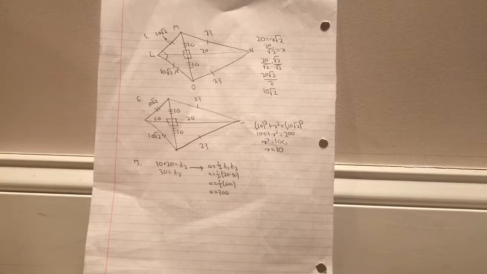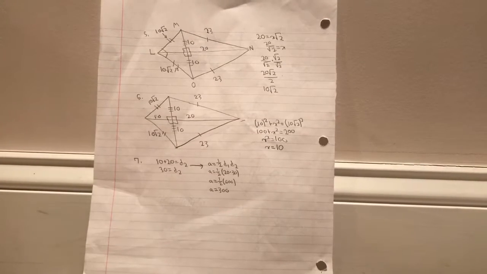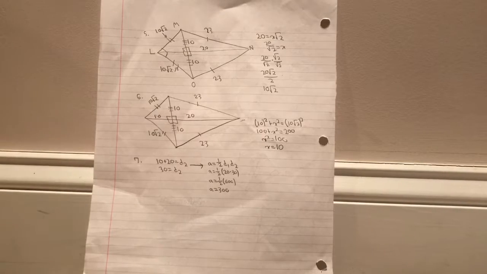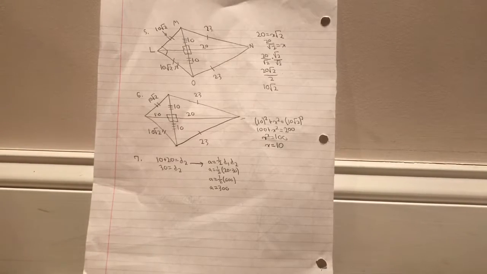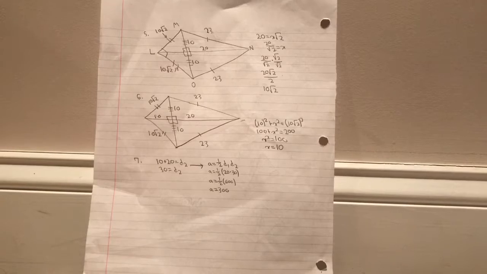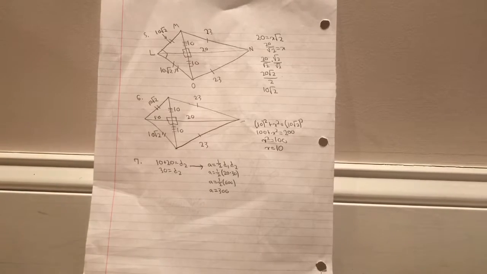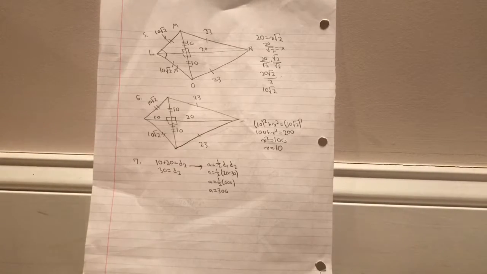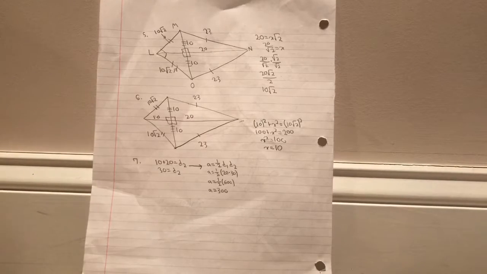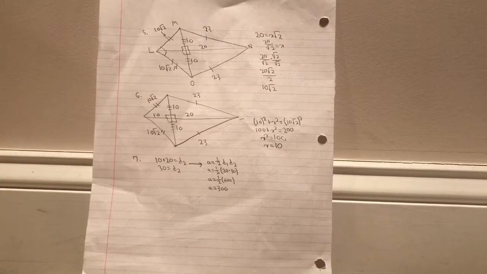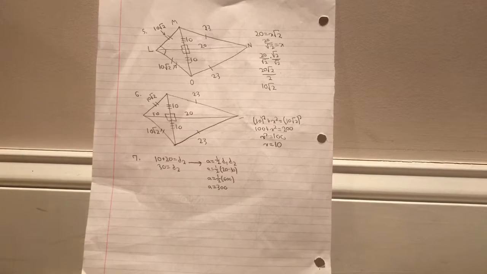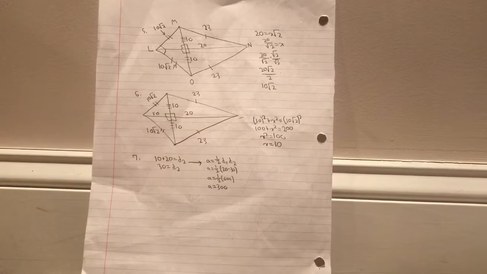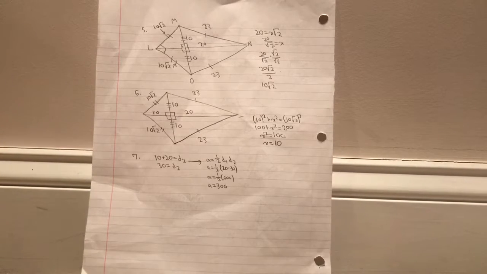Alright, and from here, we need to find the length of the middle to L. In order to do this, we need to remember facts about our special right triangles. So as you can see, this big triangle on the left is an isosceles triangle. From this we know that the sides opposite the angles are x, x, and x radical 2. And we're looking at the hypotenuse here, so we're going to be focusing on x radical 2. So since we already have the length as being 20, we can plug it in and say that 20 equals x radical 2. And once we solve for that, we get 10 radical 2 as being one of the side